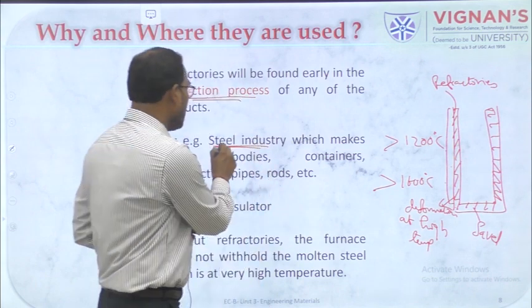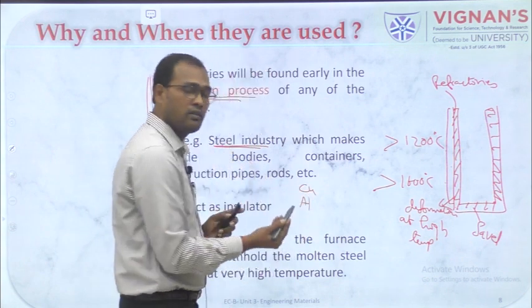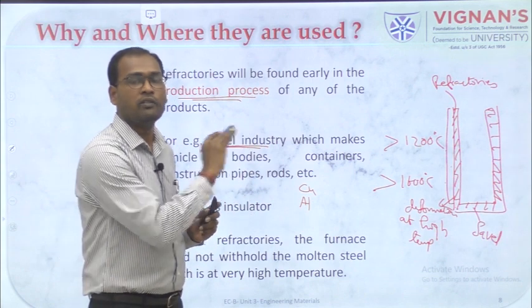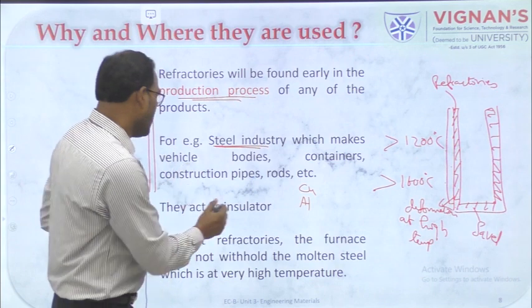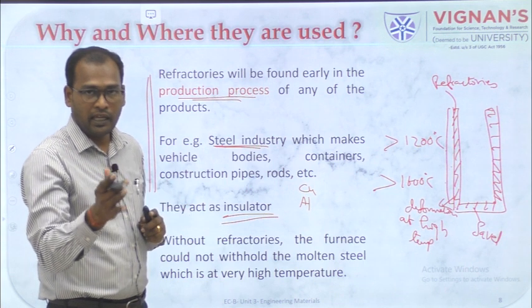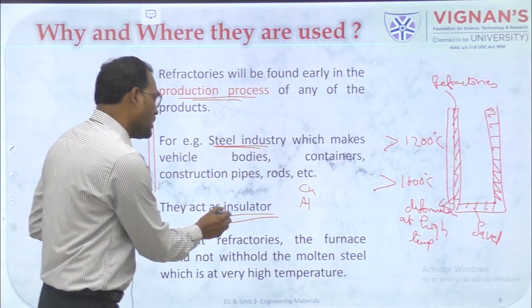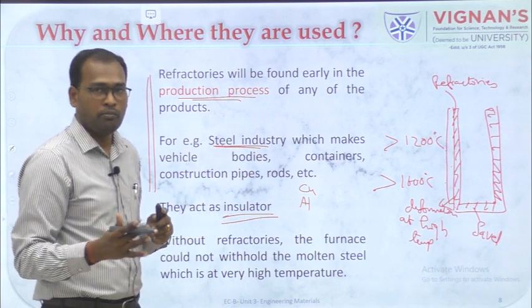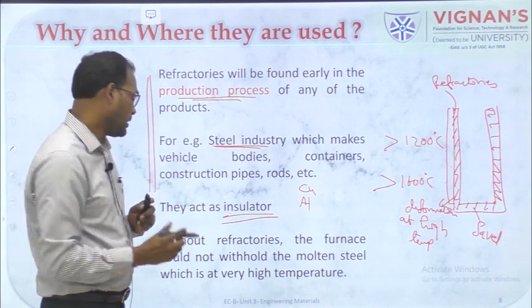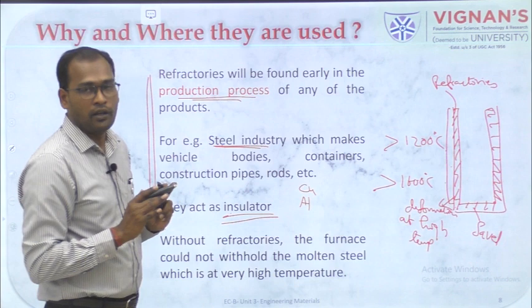Not only in the steel industry, you take any industry, copper industry, aluminum industry, in all these places ceramics are used, mostly in the form of refractories. As I said, they act as an insulator which stops the conduction of heat from one end to the other, and this insulating property is defined by different properties like porosity, the grain size and all these things. Those we will see in the coming class, but insulation is one of the properties we have to look for in a refractory.